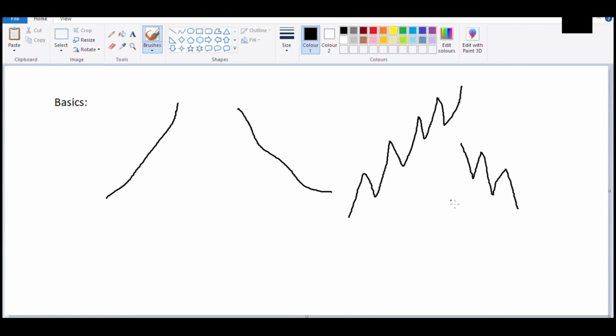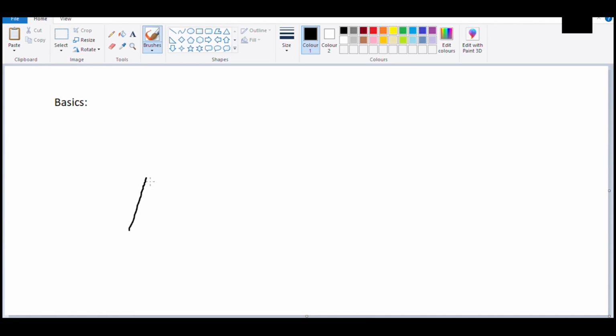When it comes to trading, it can be swing trading or intraday trading, but the only thing that matters is support and resistance. Now, what is support and resistance? If you see the previous example, if it is an uptrend, the stock price goes up like this, right? Now, what is a support? Let us take a chair as an example. A chair is there and you are sitting on it because the chair is acting as a support. That's why you are able to sit in the chair and you are not falling down.